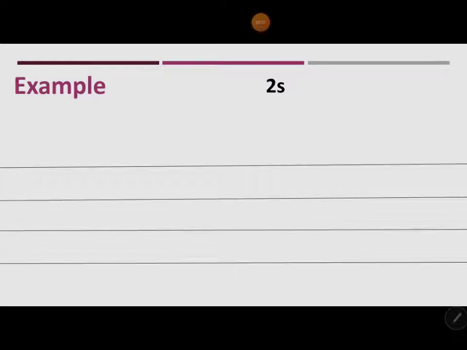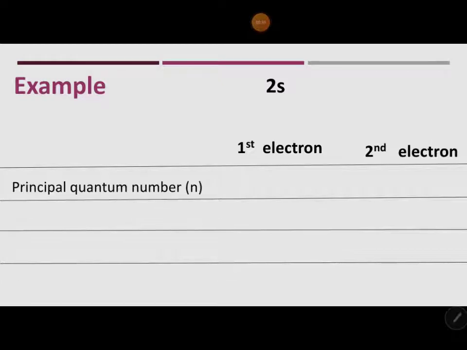This is 2s subshell. In s subshell there is only one orbital. Suppose there are two electrons in this orbital. We will compare the quantum numbers of these two electrons. Prepare two columns, first electron and second electron. First quantum number is principal quantum number n. Value of the principal quantum number is the number that is written before the name of the subshell, which is 2 in this case. This value is same for both the electrons because these two electrons belong to the same